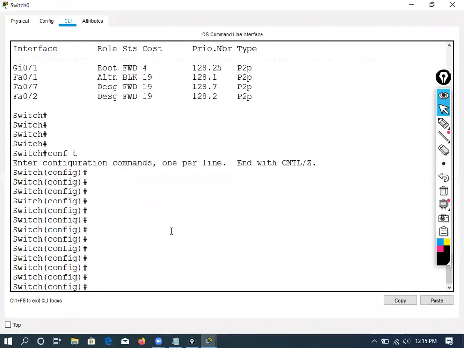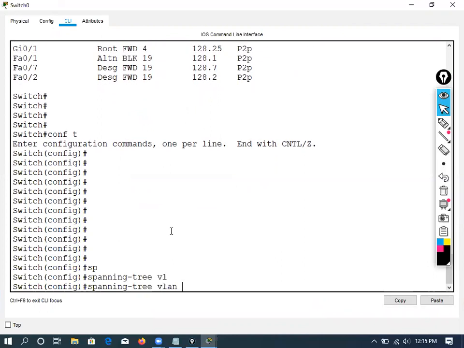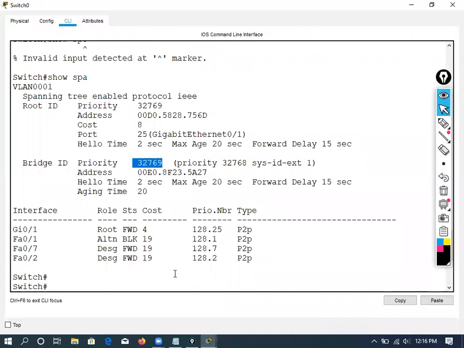So in global configuration, use a command called spanning-tree vlan. What is the VLAN we are running? By default, it is 1. And you can elect that in two different methods. One, you can set the priority by yourself. Okay, you can set the bridge priority by yourself. By default, what is the bridge priority? 32,768, right? But you did not ask me why it is 9.